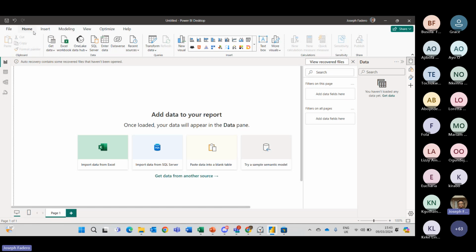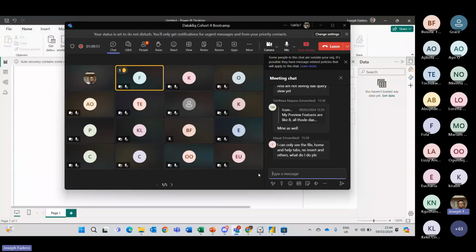Okay, so right now we've done an introduction into Power BI Desktop. In subsequent sessions, we'll do Power BI service. That'll be probably at the tail end of the training. But right now, I want us to have a recap of what has been said so far. It's just a mini recap. So how many tabs do we have by default in Power BI? I just want to be sure we are following. How many tabs do we have by default in Power BI?